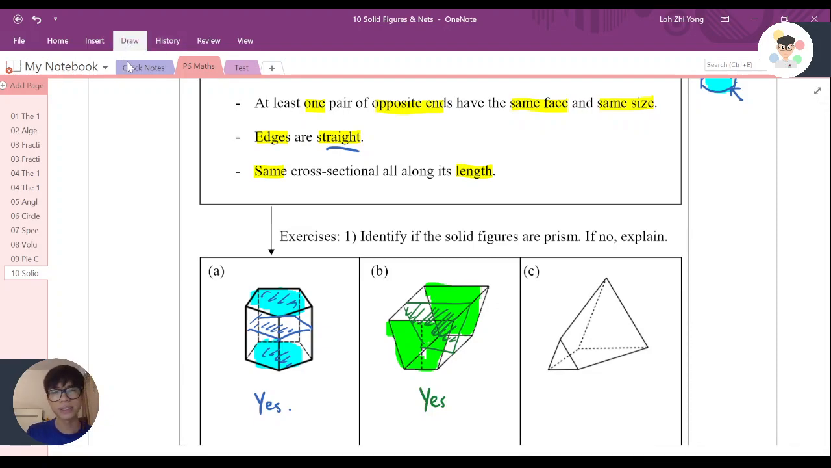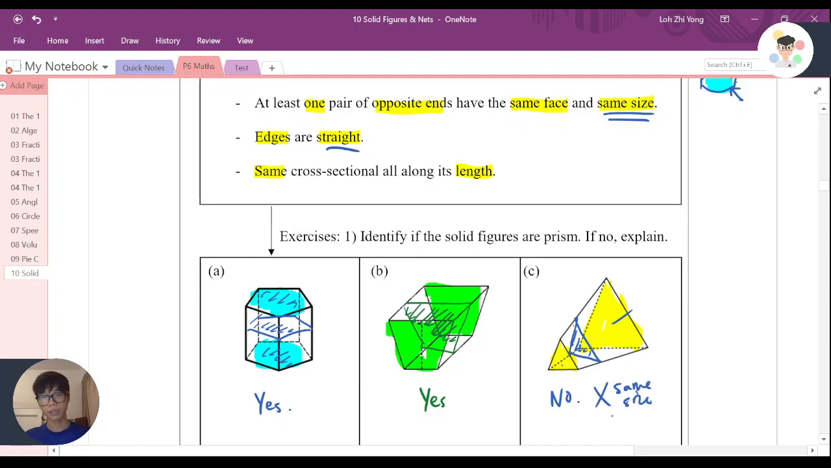However, the last one isn't the same. Now look at the last one. If you want to say opposite ends have the same face, this is a triangle, this is also a triangle, right? But can I say it is the same? No, because the requirement says same size. Edges are all straight, okay, but same cross-section all along its length. This also doesn't meet it. Why? Because if I cut in the middle, the triangle is small, big, and the biggest. So this is no. Why? Because it doesn't have the same size at the opposite ends,